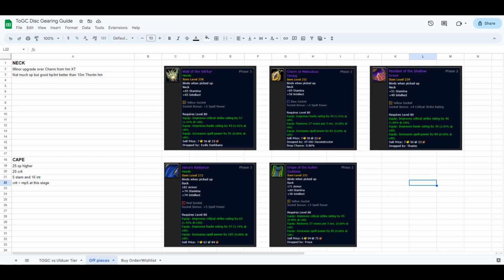Going into off pieces, we will quickly run through each piece and list out how big of an upgrade it is, and then also talk about some notes I made for each of them. Okay, starting off with the neck, it's only a minor upgrade going from Charm of Meticulous Timing to Wail of the Valkyr. You do gain crit instead of MP5, which is really nice in this phase, as honestly a lot